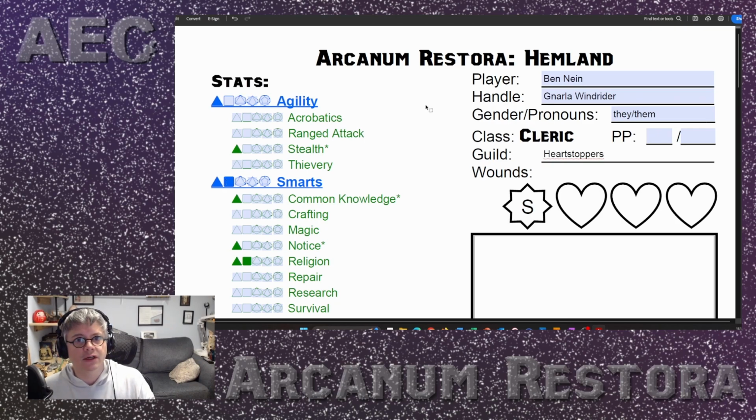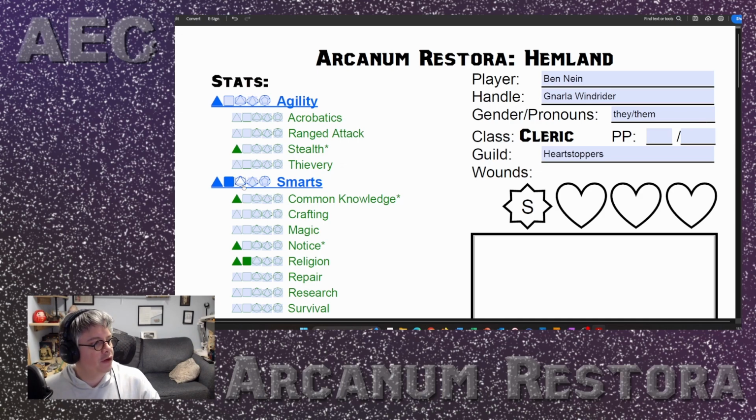I can see I've already got this smallest one, the D4, filled in all the way down, and I have a D6 filled in on smarts. So I know that's an important skill for me. So I have 4 points to spend. I spend 1 point every time I color in a die. So think to myself, why not just hop right up? D12, biggest size for each one, get them cheap. We can't do that. We have to buy them in order and all the way across. So I can't buy a D12 if I haven't first bought the D8 and the D10, and then I can get the D12. So I could do it, but that's 3 of my 4 points, which means I'm going to be pretty bad in the other areas.